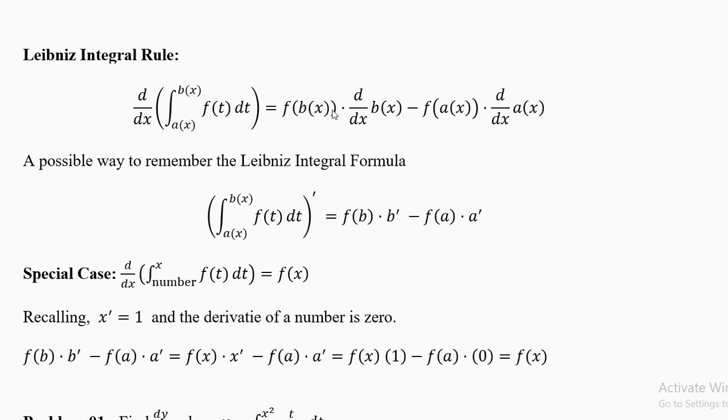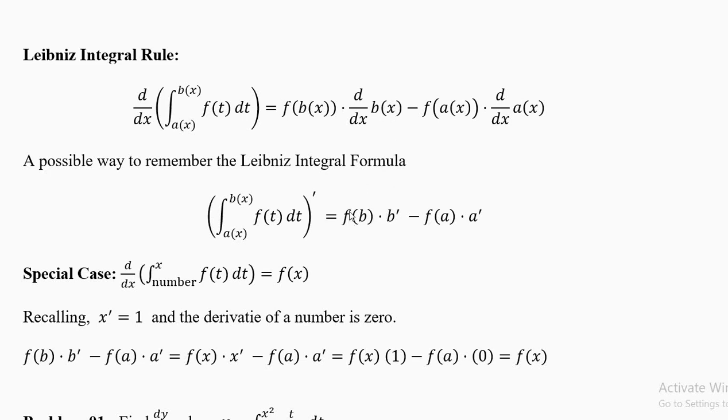Now this substitution you have to do as we did in the last 5 examples: f of b into derivative of b minus f of a into derivative of a. Please do not try to evaluate this integral without the limits. These integrals are usually difficult and some of them are not doable. See, you can also write the Leibniz formula in a short form. F of b into derivative of b. No need to write b of x. Here we have written the full function b.